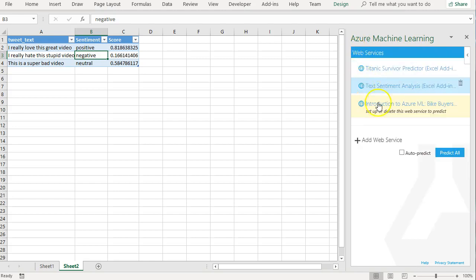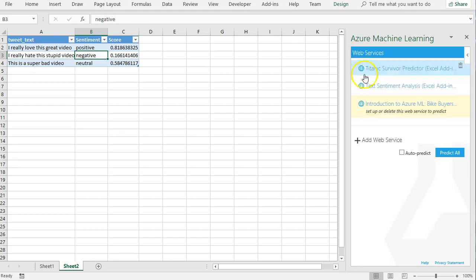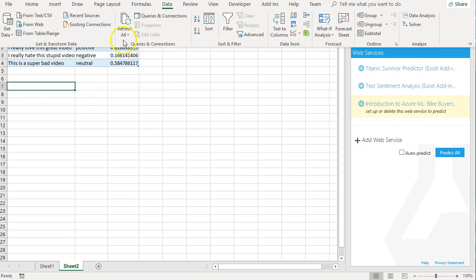Here's our bike buyers. It's named after the name we gave it in Azure ML Studio. Click on it. We can use it however we want. We can have as many on here as we want. We can make one that automatically grabs input data from somewhere and then another one that auto predicts and gives us some output score. You can also combine this with other cool tools, like if you go into data,